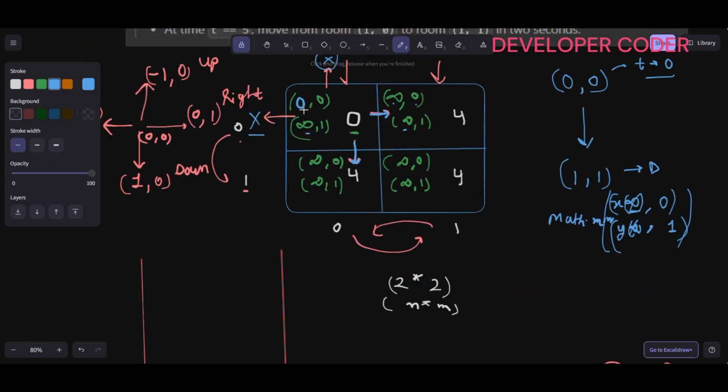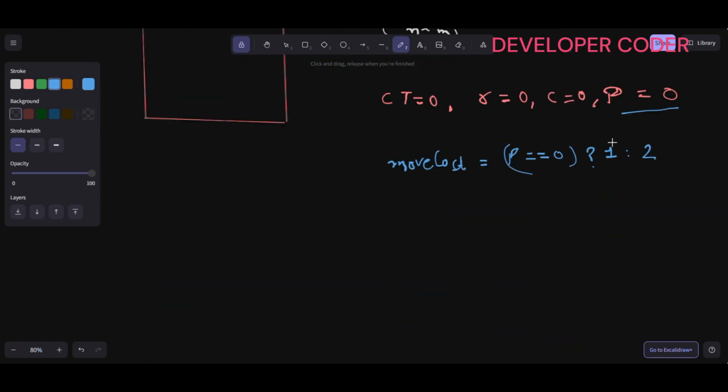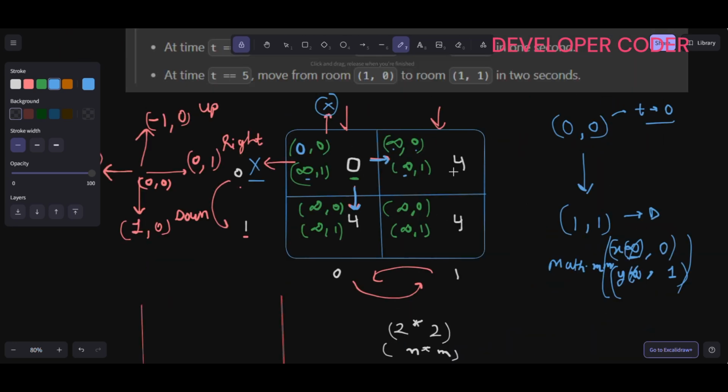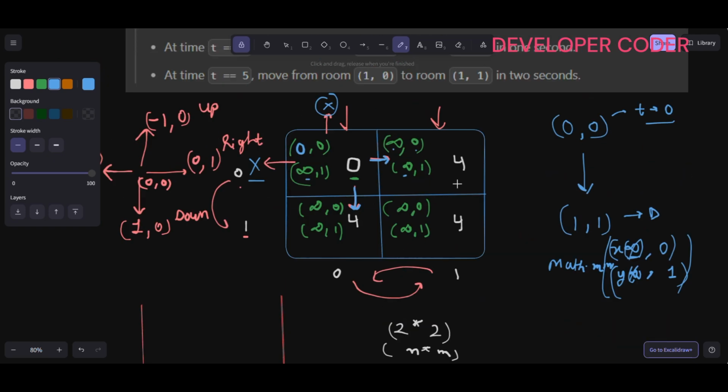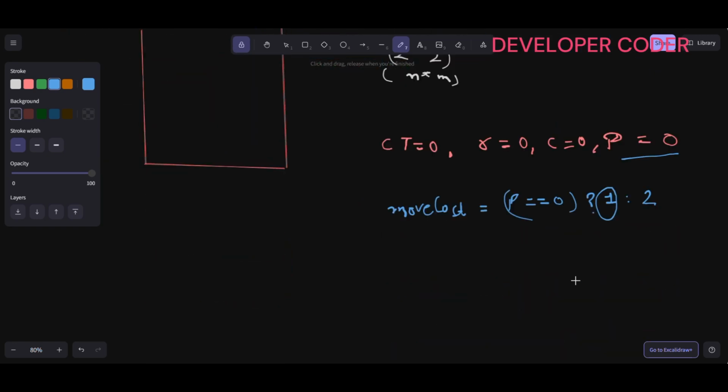So from this we are moving, we have 0 steps, so now we are moving to the next adjacent cell. If it is 0, we are going to consider 1 initially this time. So from here, if you move to this, what is the wait time given to us? Wait time is given to us as 4. So here you can create one variable, wait time, and in wait time you have to update like this,